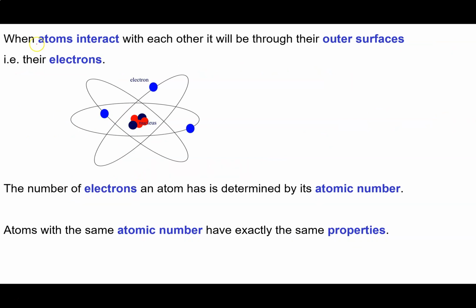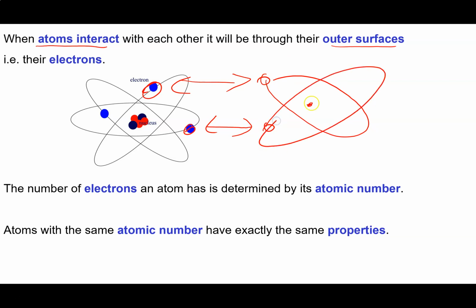Okay, so it's important to recognize that when atoms interact with one another, it's going to be through their outer surfaces, and what's on the outer surface of an atom? Their electrons. So when two atoms come together, it's their electrons that are going to be interacting, right? It's not going to be the nucleus of our atoms that are interacting when these two things come together. Now, the number of electrons of an atom is determined by its atomic number. So it's not surprising that atoms with the same atomic number have exactly the same properties. That is, atoms with the same atomic number